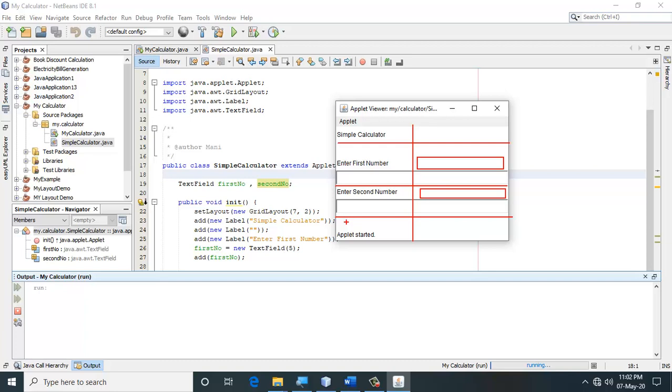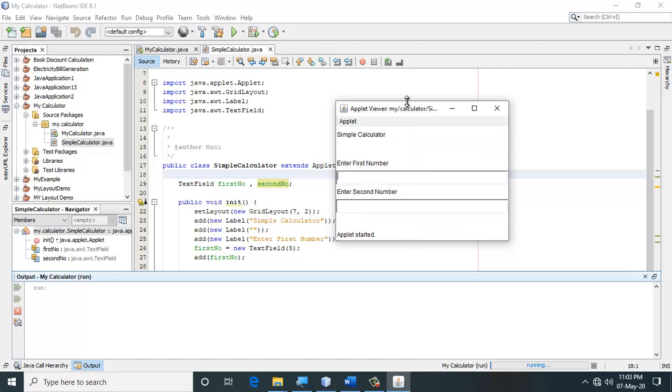In the third row I am going to display my result. The way in which I am going to display my result is, I am going to show a label called result, and I am going to put a text field over here that's going to show the result of the 2 numbers that you are adding. So let's go ahead and do that part.